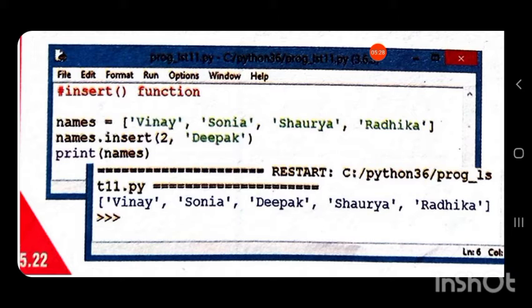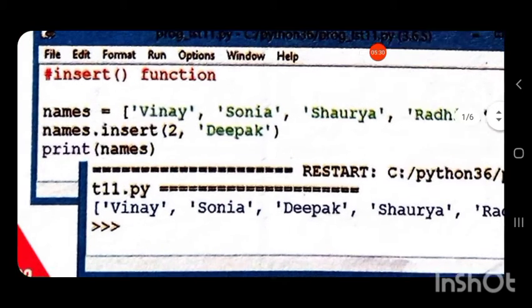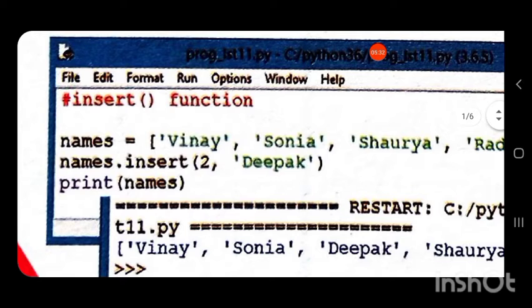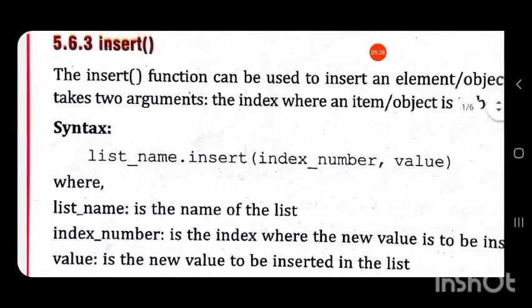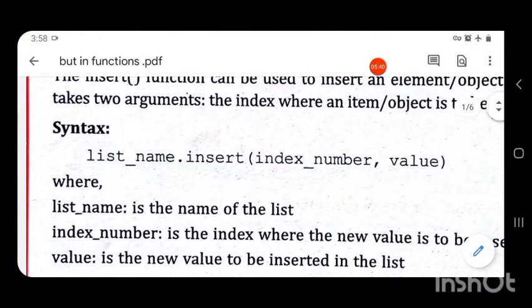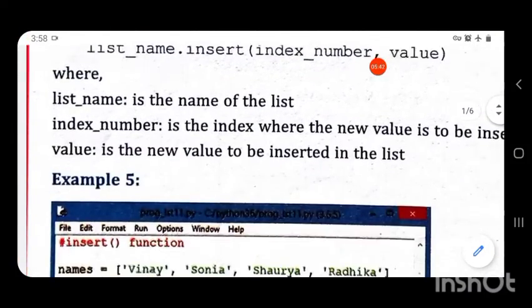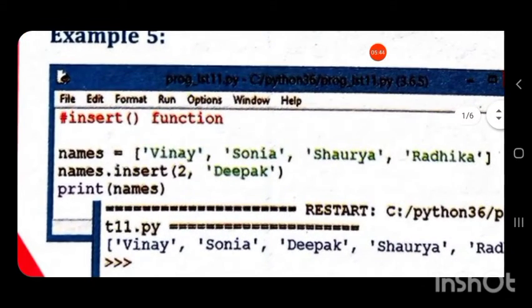So let us see how to write the statement. We write list name dot insert. Here we have studied the syntax list name dot insert. Likewise, here we will write names, which is the list name, names dot insert in brackets the two arguments.